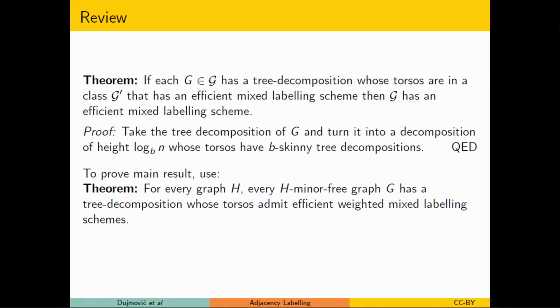And the only thing that I didn't talk about is the torsos themselves. You get this tree decomposition from Robertson and Seymour. There are these torsos. We've assumed the whole time that these things have these weighted mixed labeling schemes that are efficient. Turns out that that's the case. And to get that, you don't need any really new ideas that weren't already present in the previous paper, the one that did planar graphs, that did product structure. And that all goes back to the fact that